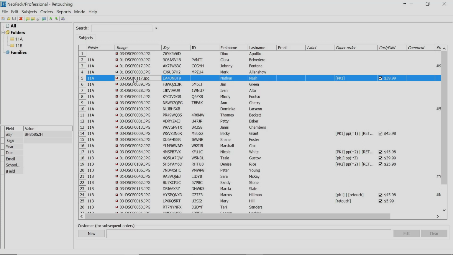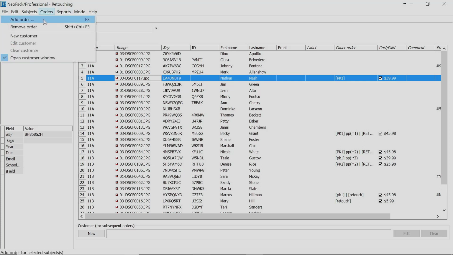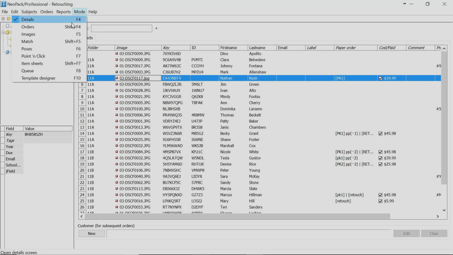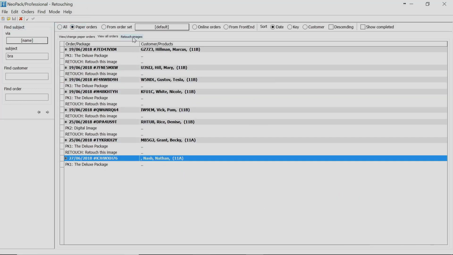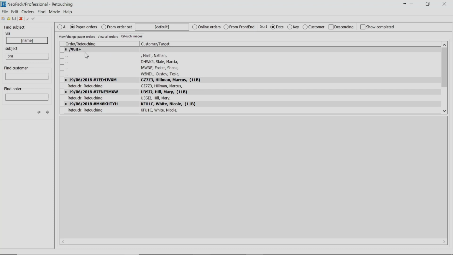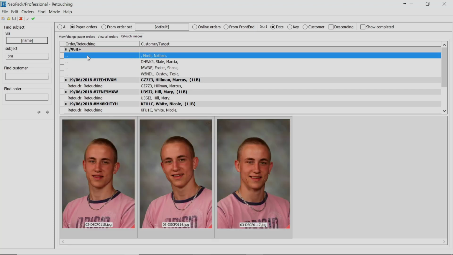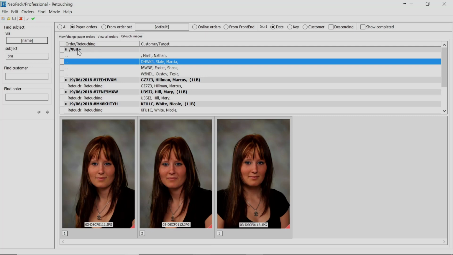And we still support that. That hasn't changed. If that's the way you want to work, just keep going for that. What changed a little bit in that respect is if we go to orders mode, there's a new tab in here, retouch images. Try not to get too excited with stuff at the bottom. At the top, any subjects where I have scanned /%R+ or imported text file, or by whatever method marked that subject as requiring retouching,